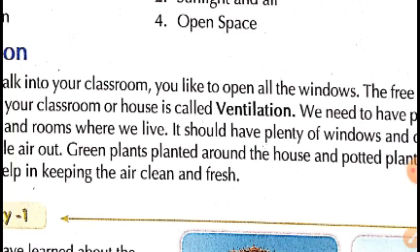This free flow of air is called ventilation. So there should be doors and windows which face each other to allow the free flow of air in the house, because when the doors and windows are arranged in such a way that they face each other, then there is proper flow of air into the room and out of the room.